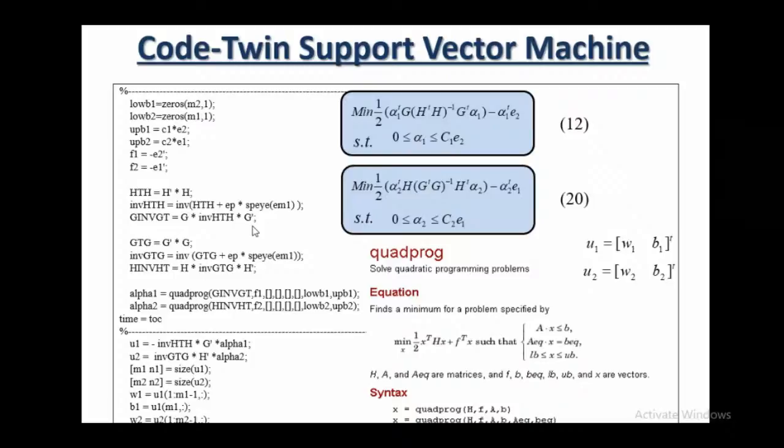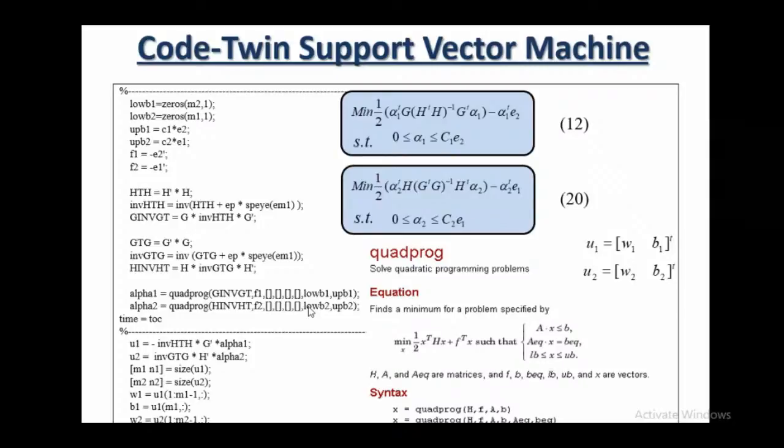So now you can call for this alpha 1, this is the quadprog function, this is your H. If you see there H, and this is your F1, you just pass this F1. Because A and B are absent in your case, just pass them as a blank matrix, the same as AQ and BQ, which are also unknown, so you pass them as a blank matrix. And then further LB and UB, because LB and UB are there, you just pass them as lower bound 1 and upper bound 1. So you have already computed them.